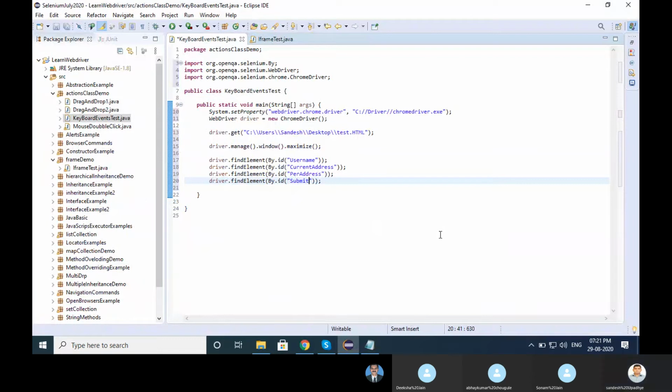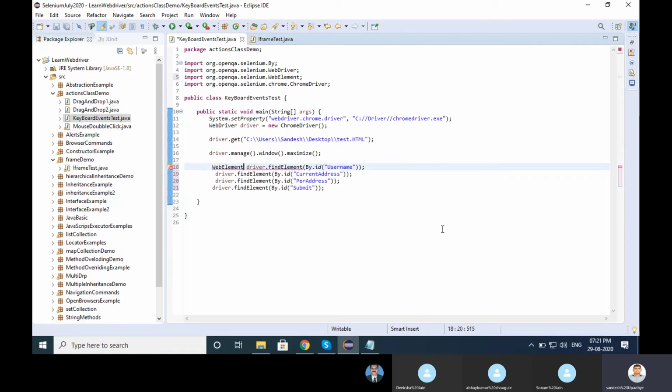One second. We will keep this code in a WebElement. We know how we can store this code in a WebElement, right? WebElement, providing name username is equal to these things. Copy it.